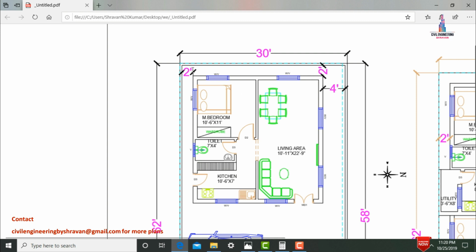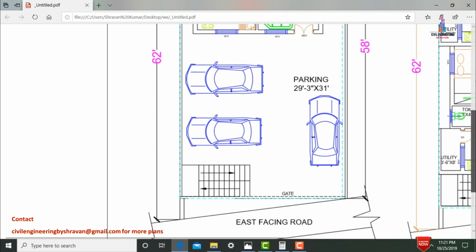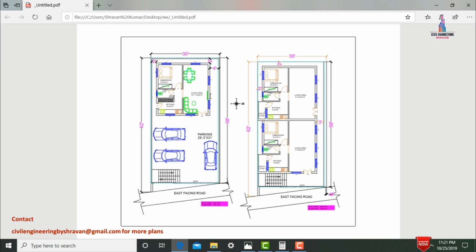So this 2 feet wide walk in south facing direction as well as west facing direction is mostly helpful for underground drainage works. In north facing direction it will be consisting of a 4 feet wide walk for this respective house. In front of this respective single bedroom hall kitchen portion there will be a parking area for this respective house. After that I will explain you the first story details about the respective plan.